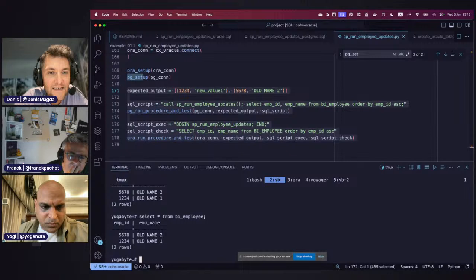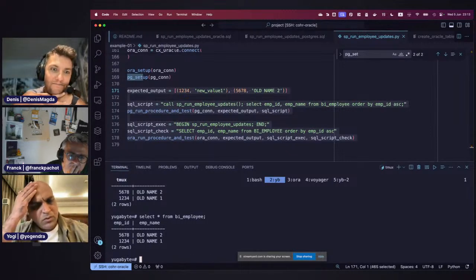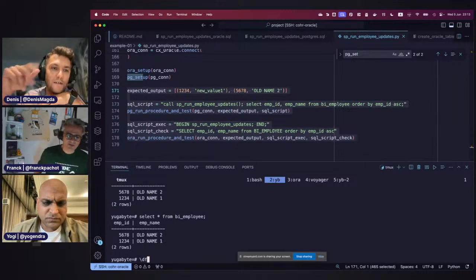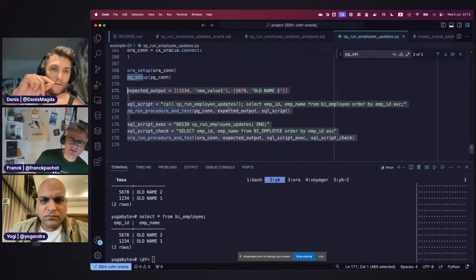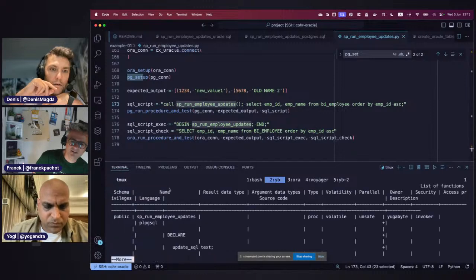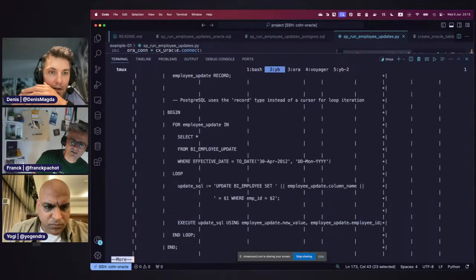Nope, so we are connected. Yeah, we are connected. Do you have the stored procedure created here? Do you see it? Yeah. How do I do it? It's df plus, and you can type the name, just the beginning of the stored procedure. Okay. Yeah, it's there. I may not have put the latest version though, but no, this looks okay. This is update BI.